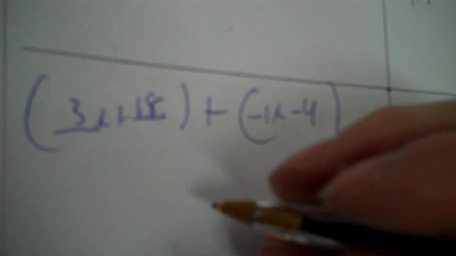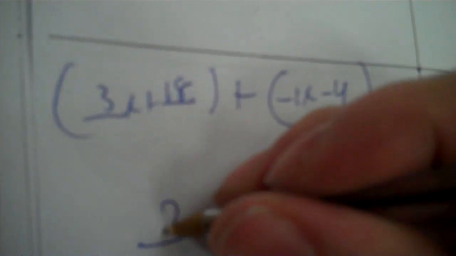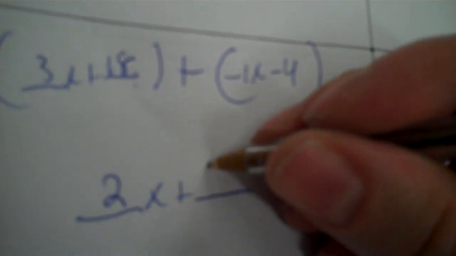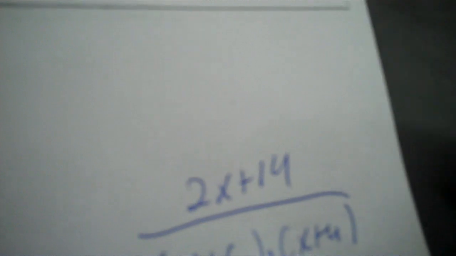Now you're set to combine things. It'd just be the x and the constant. 3 and negative 1 is 2. 18 minus 4 is 14. Now again, if I really wanted to be a jerk, I'd take that binomial you got on top and factor it, but I'm not going to do